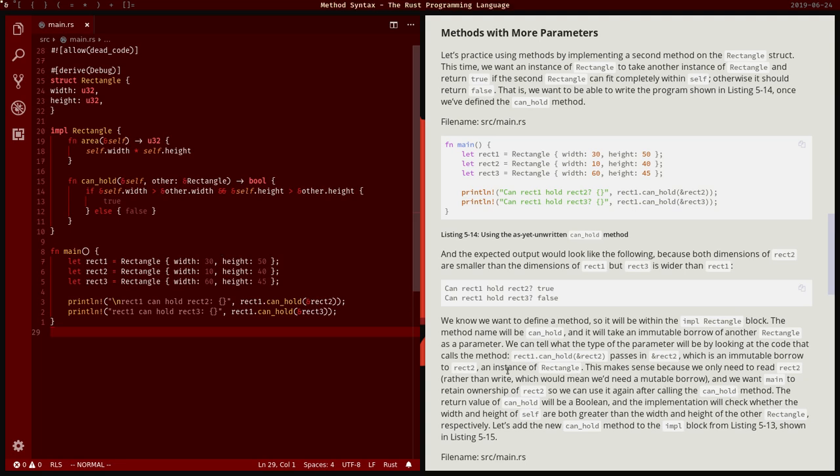Main needs to keep ownership of rect2 so that we can use it again after canHold. The return value of canHold will be a Boolean, and the implementation will check whether the width and height of self are both greater than the width